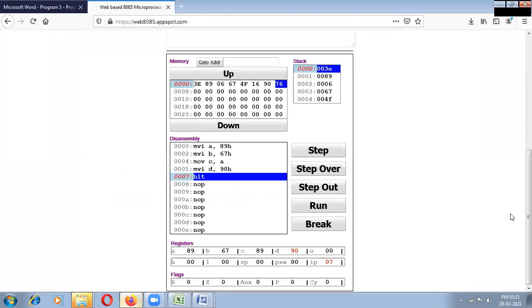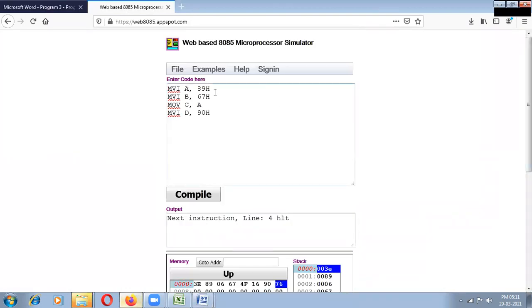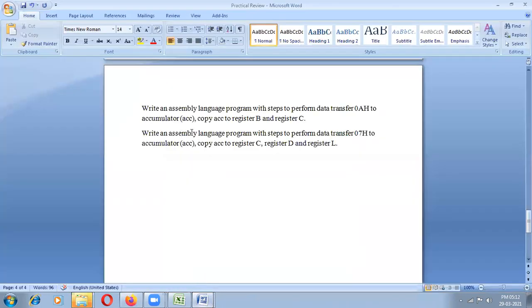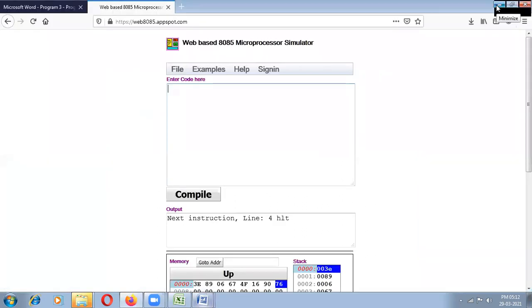For this program, first you need to understand the question. Write assembly language program with steps to perform data transfer 07 hexadecimal to accumulator A. Move immediate A, 07 hexadecimal.